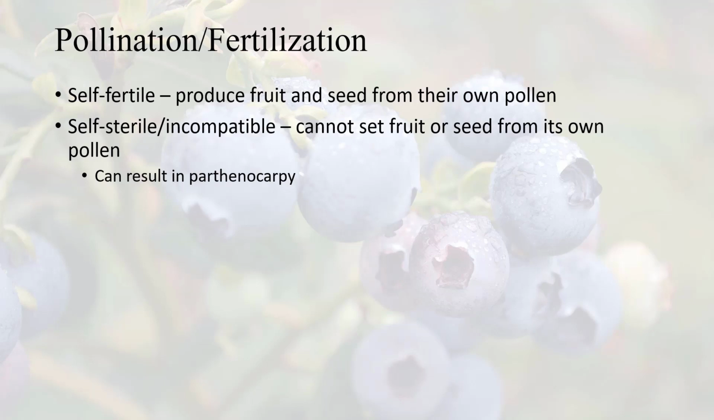Other plants are sterile, self-incompatible. So they cannot set fruit or seed from their own pollen. They need pollen from a different individual in order to pollinate. And what can happen in the case of our self-sterile or self-incompatible plants is that if their own pollen does pollinate them, it can result in parthenocarpy,